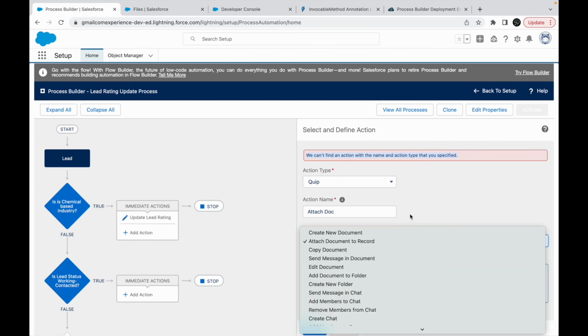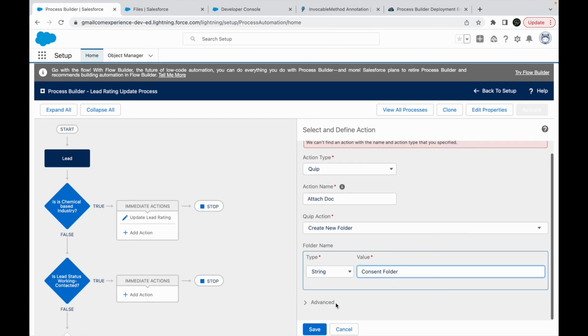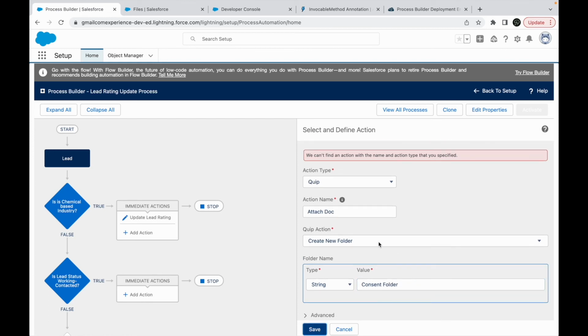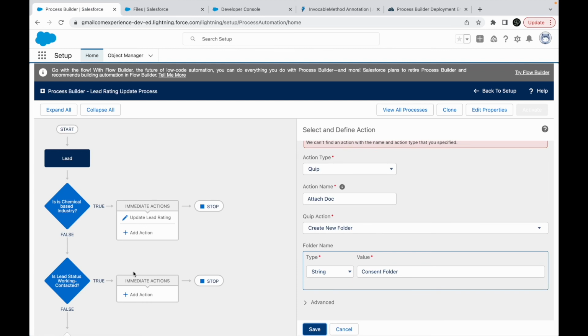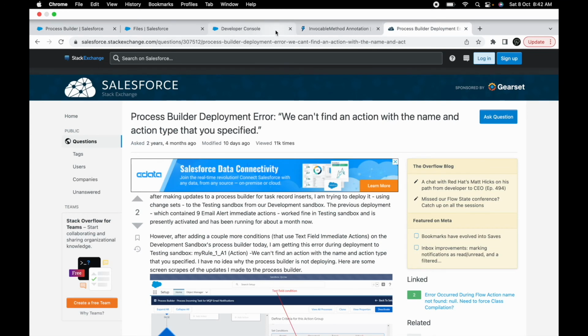Let me do one more thing. Let me try to create a folder. Maybe that should be simpler. The folder name will be consent folder, save. So it's not letting me save anything basically. So let's check one more thing, whether